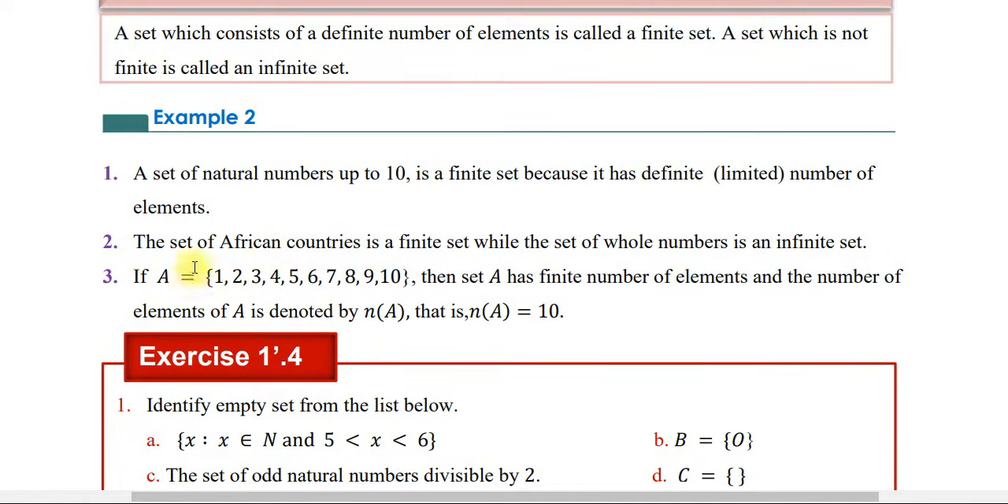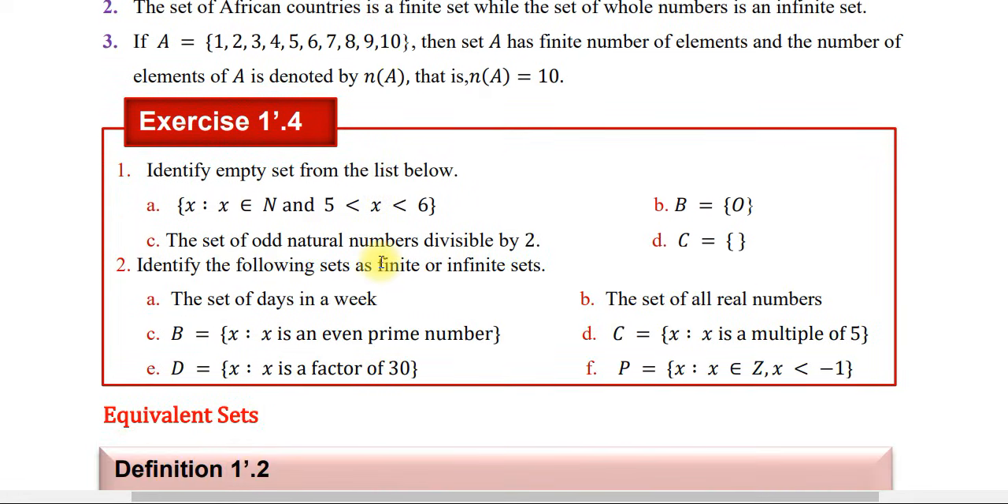3. If A is equal to the set containing 1 2 3 4 5 6 7 8 9 10, then set A has a finite number of elements and the number of elements of A is denoted by n of A. That is, n of A is equal to 10. ያ ማለት number of element of A እንደማለት ነው። ስንት ናቸው? 10 ናቸው። 10 ኤሌመንቶች አሉት ማለት ነው። So finite እና infinite ሴትን በዚህ መንገድ መረዳት ይቻላል ማለት ነው።